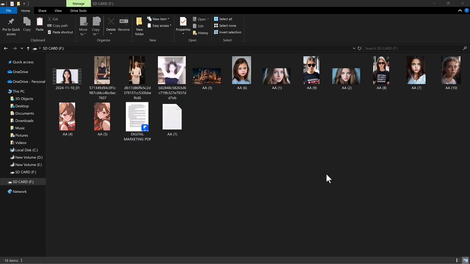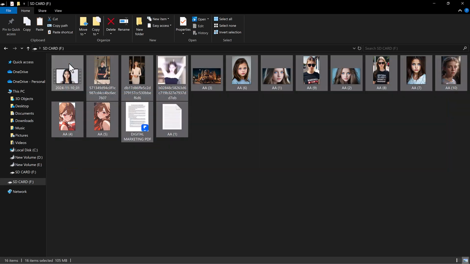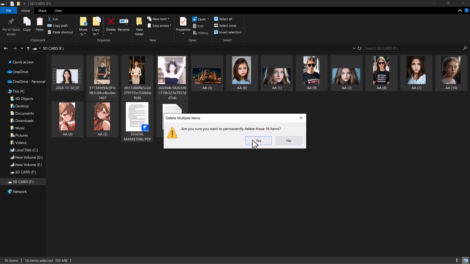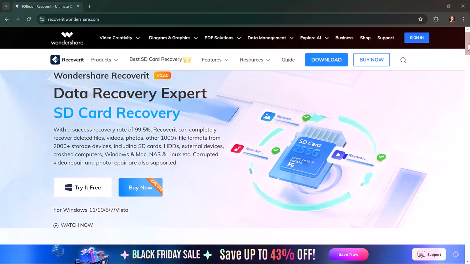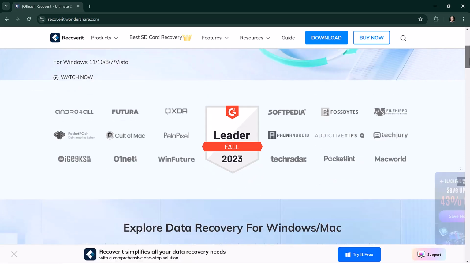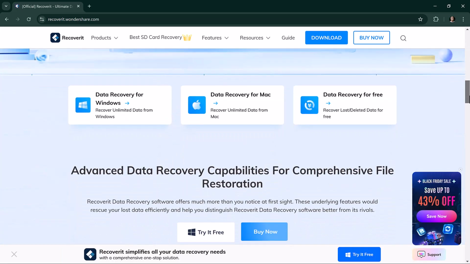Accidentally deleting important files can be stressful, but don't worry. Wondershare Recoverit is here to help you recover lost data from various devices such as your computer, USB drive, hard drive, SD card and more. This powerful tool is designed to retrieve photos, videos, documents and other files, even from damaged or corrupted systems. With advanced features like enhanced photo recovery and file repair, Wondershare Recoverit offers a reliable and straightforward solution for